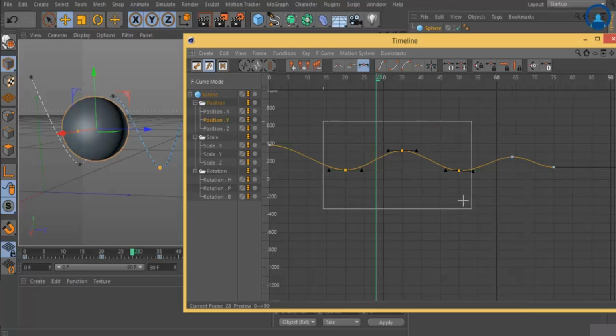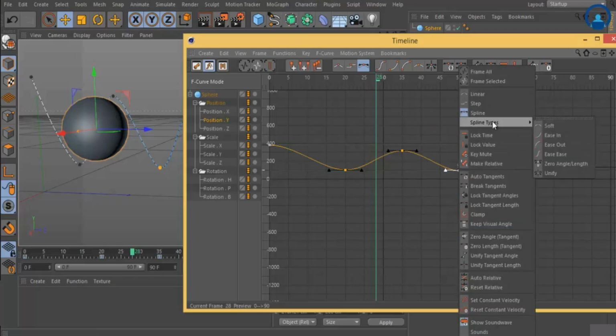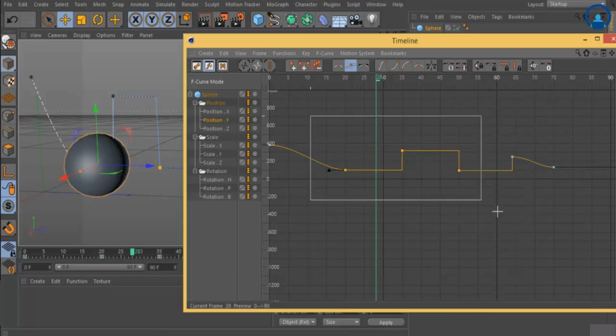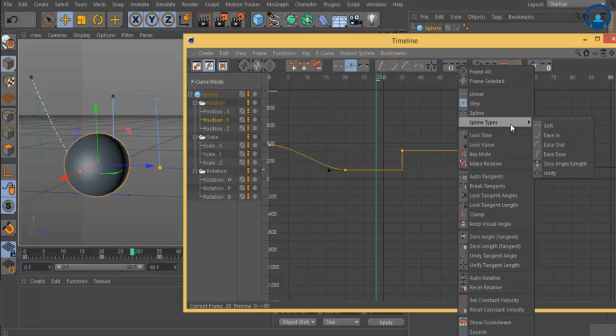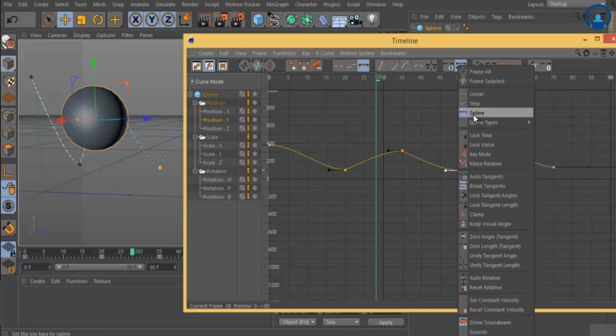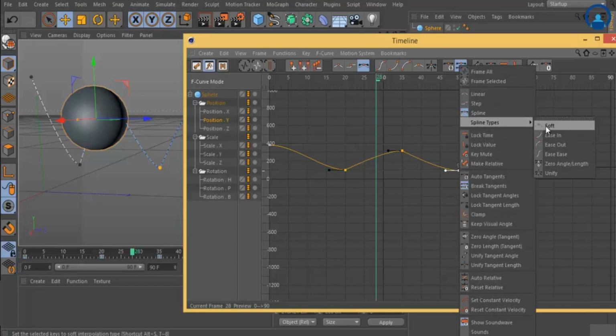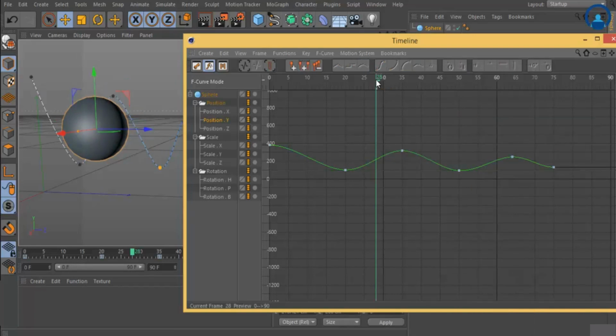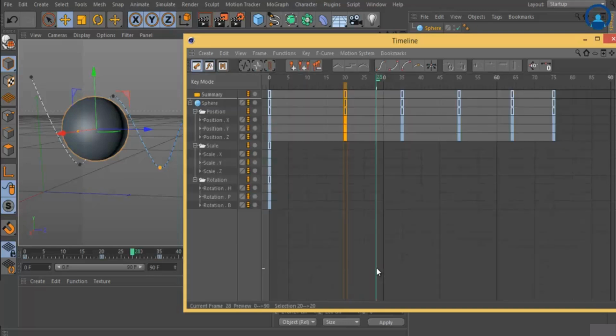So if you want to change the spline option, select them. There are different kind of spline types over there. You can use that. I keep it that as a step. Select, right click, spline option, easy. See, something like this. So you can do all these things by using this spline option. I keep that as a soft. Yeah. So this way you can manage the spline property here.